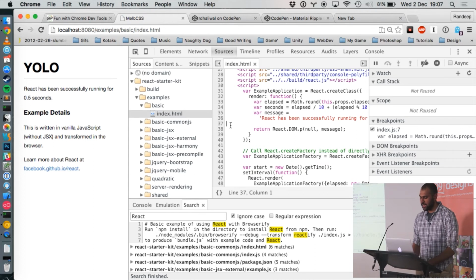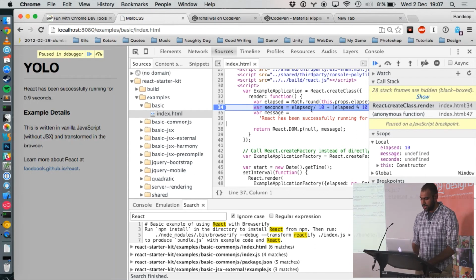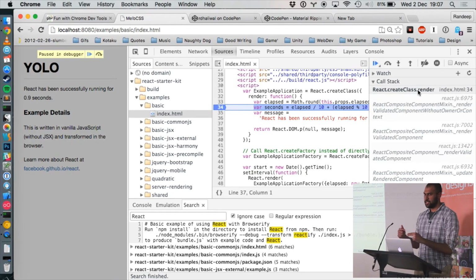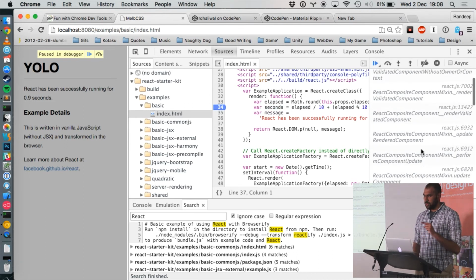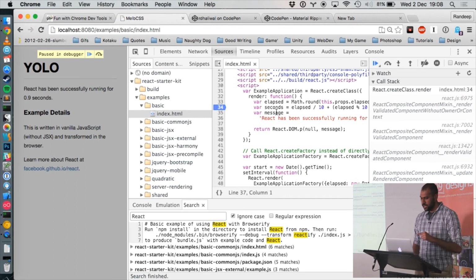There we go. So if I try and debug this, there's a lot of crap in this call stack. There's all this stuff from React.js where it's saying, do this, look at this, look at this. Whereas really, all I want to know is what is calling this render method. So if I actually open up